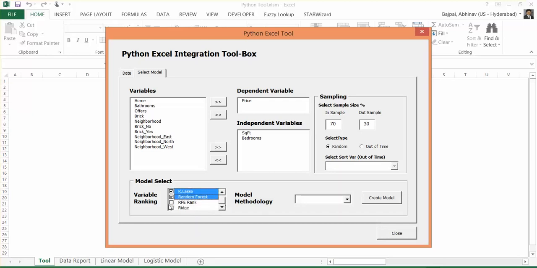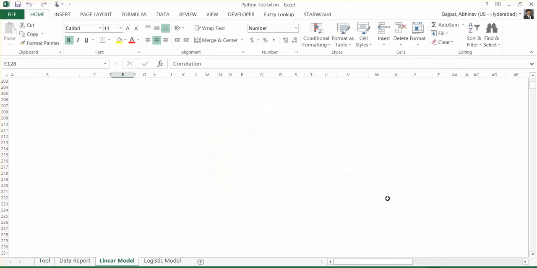Let me just select all of them so that we can see the result, how all these variables will get ranked by the contribution they make towards price. Okay, and then we want to create a linear regression model here. We'll just click on linear regression and click on create model. Okay, it will take a few seconds for us to get the model. Then I'll walk you through the report that we have. Okay, here it is.